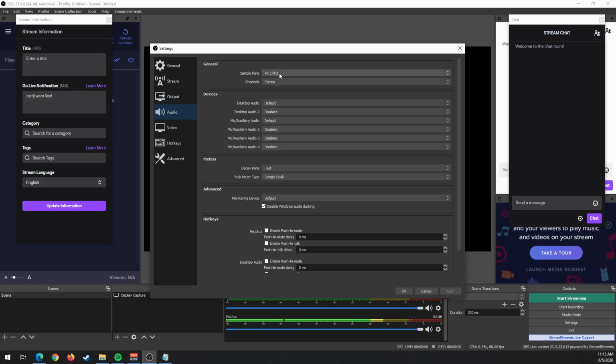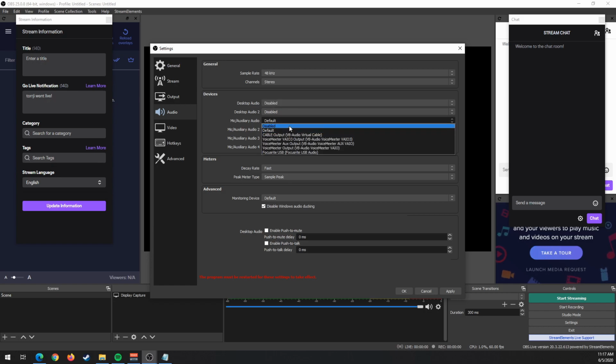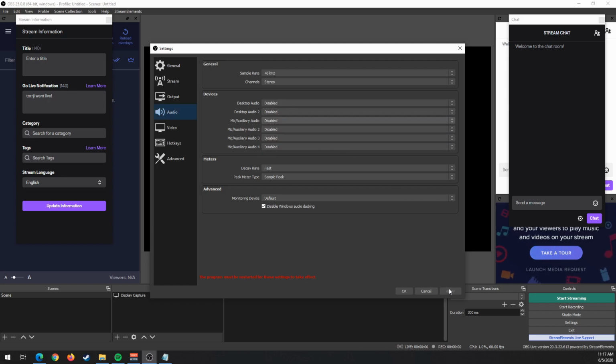Here in the audio tab, sample rate, just set it to what your sample rate for all your audio inputs are. Mine is set to 48 kilohertz, so I'll just put 48 kilohertz here. Channel should be stereo. I usually disable all of the devices under this tab right here because I add my own audio source inside each scene so that I have more control on which scenes use these inputs. So I'll go ahead and disable all of these and hit apply on the bottom right, and then we'll head